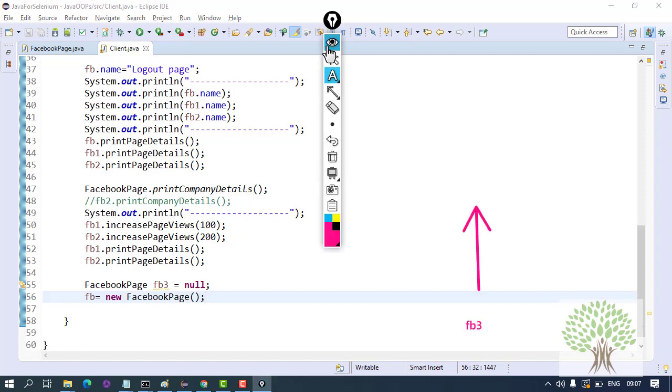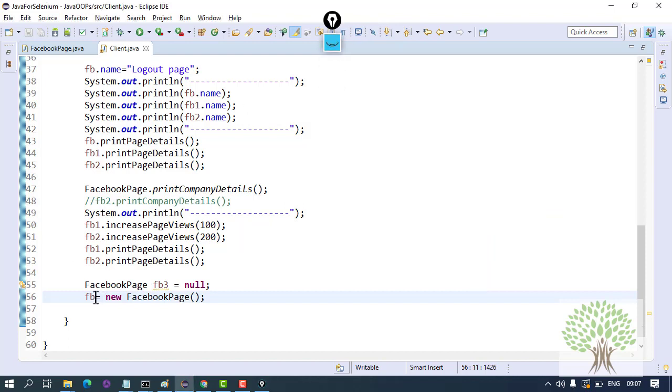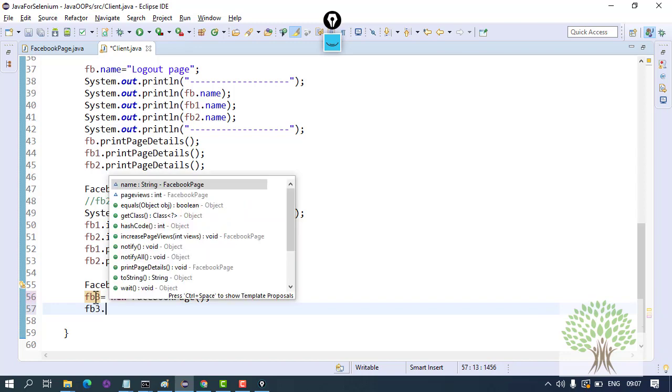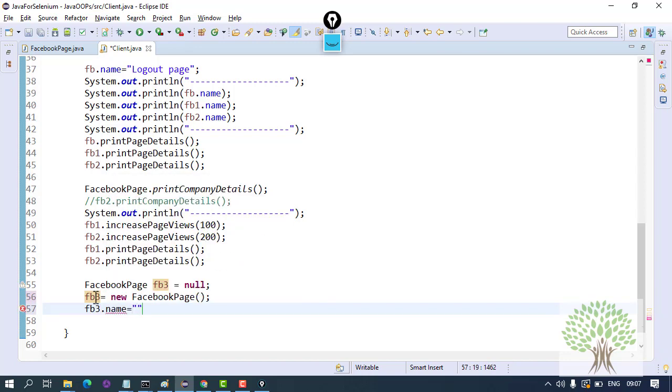So on the next line, FB3 will point towards the object of the Facebook class. Right, it's not FB, it's FB3. And I can initialize it. I can write FB3 dot name is, say, settings page or something like this.